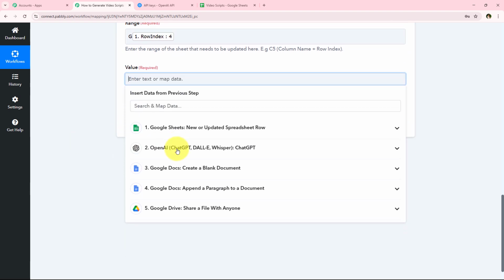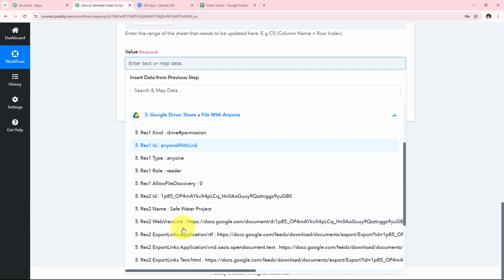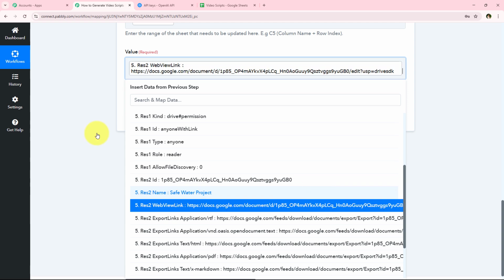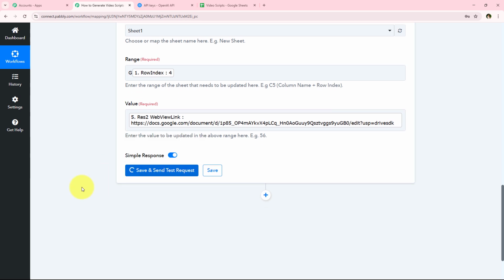So for the value, I'm just going to enter the shareable link of my Google Doc. For that, I'm just going to open this Google Drive response, and over here you can see web view link. So I'm simply going to map it. You have to keep in mind that you have to map this web view link. It is really important. All right, so now I'm just going to click on this save and send test request